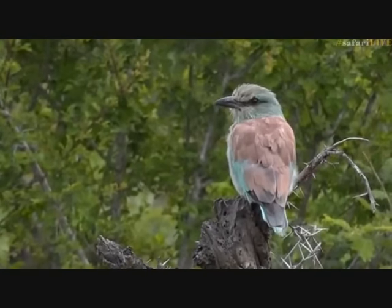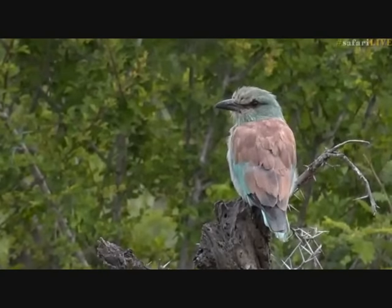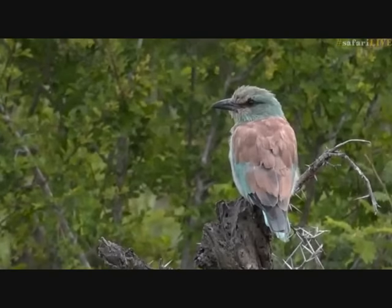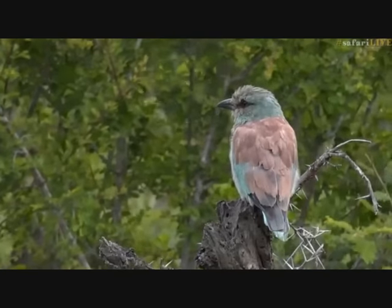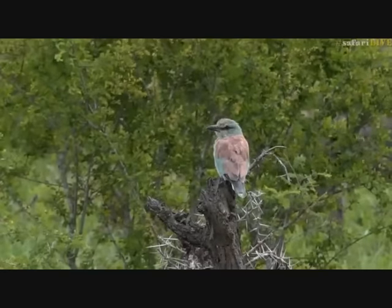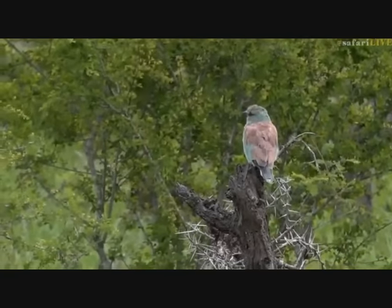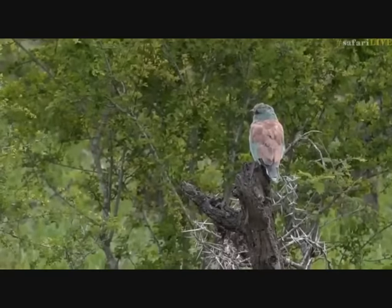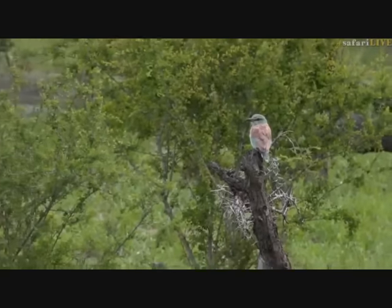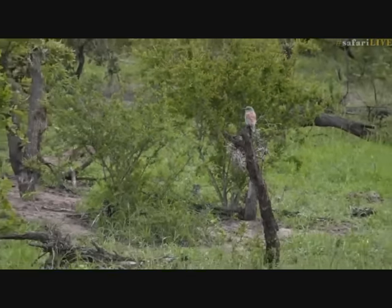Actually, it looks as if that European roller got a little bit wet already. Oh, feathers look a bit scruffy. Oh, puffed out, so I wonder if it didn't get a bit wet. It might just be resting on that perch for a while. Alright, and there was a spider hunting wasp flying around too, but it looks like...